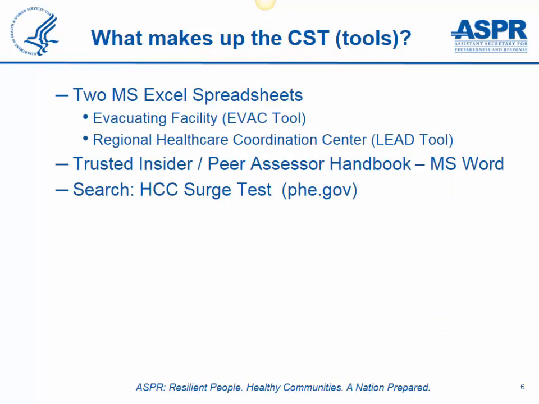So we have two MS Excel spreadsheets. We have an evacuating tool, and a LEAD tool, which is the Regional Healthcare Coordination Center tool. We have a Trusted Insider handbook, and it's easy to search. Does anybody have internet capability in the room? Okay, so if you go to